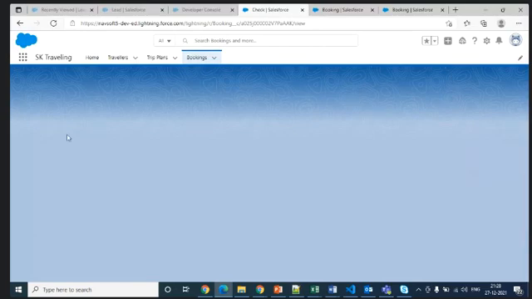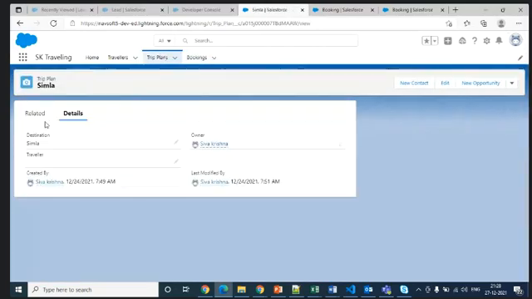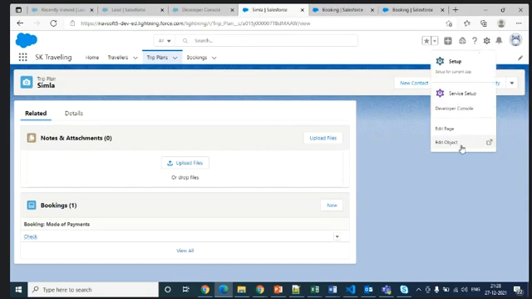This is, for example, a trip plan. In this trip plan, I just want to see how many people are going to be booked. So how can I get it?